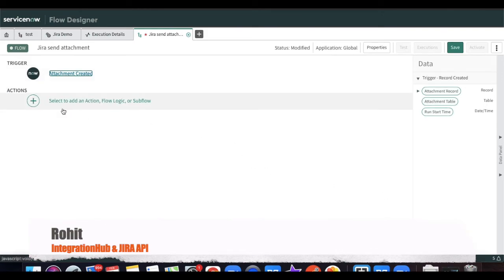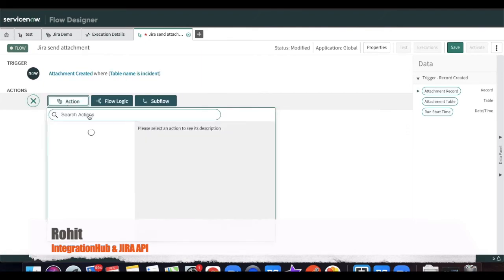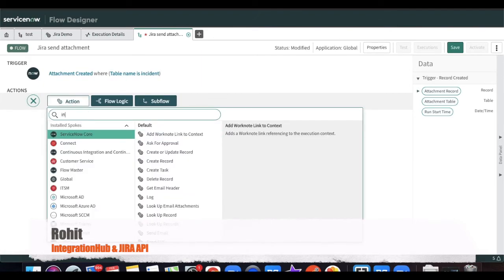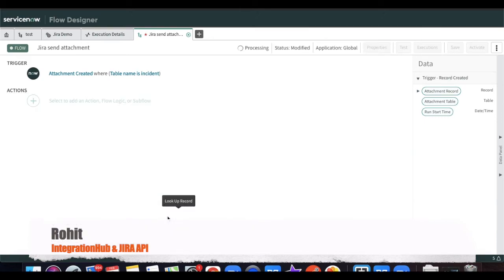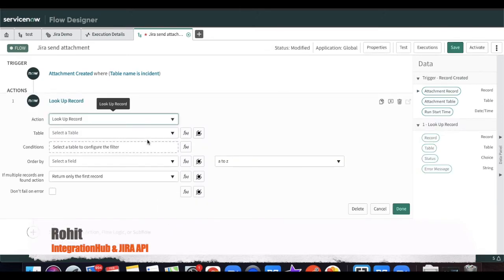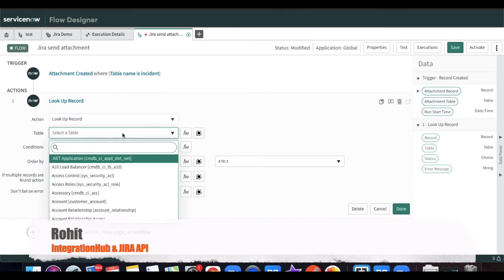Okay, and what will be triggered? First it will query the incident table. We'll look up that incident table, so lookup record. The table is the incident table.